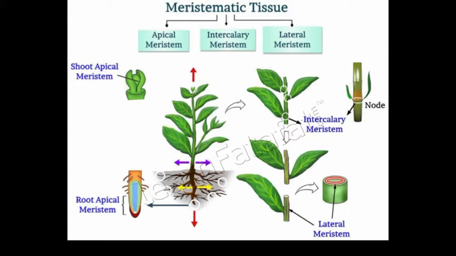Today we started our chapter, tissue. In this lecture, we cover the introduction of tissue, meristematic tissue, features of meristematic tissue, classification of meristematic tissue on the basis of origin, primary promeristem, secondary meristem tissue, and classification of meristematic tissue on the basis of location, and some introduction about permanent tissue. Okay, so here we go now.